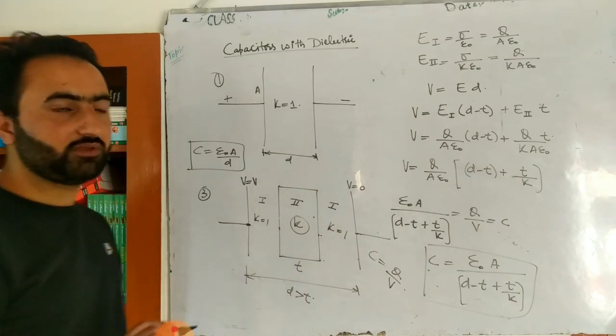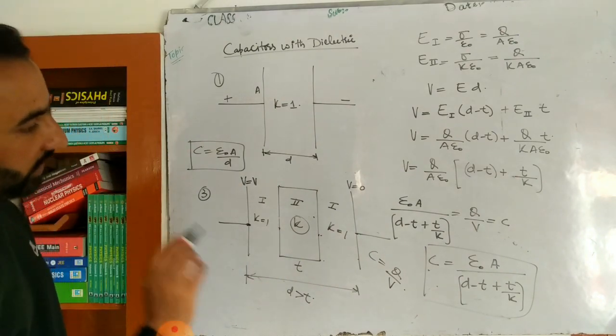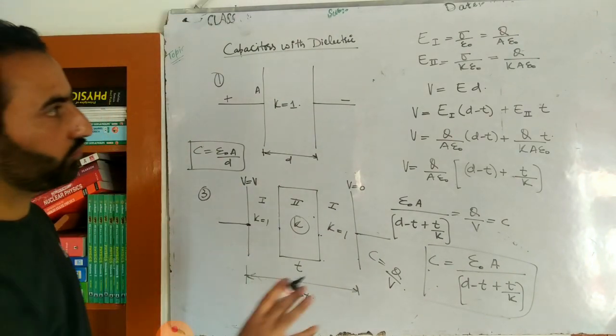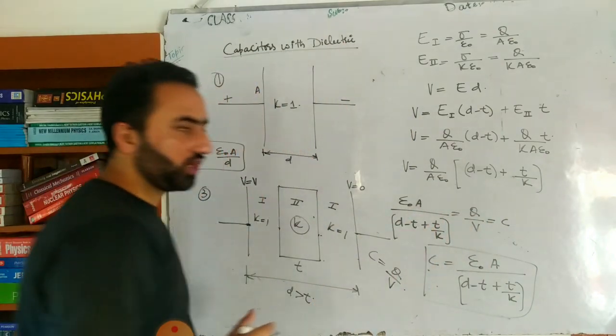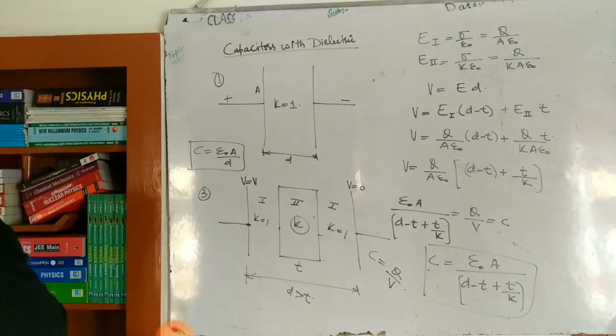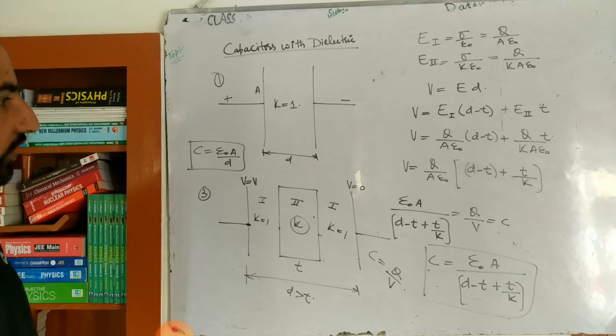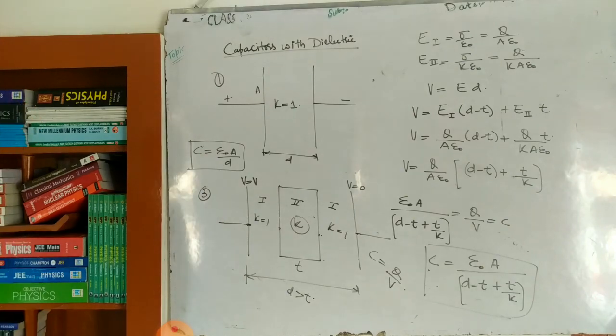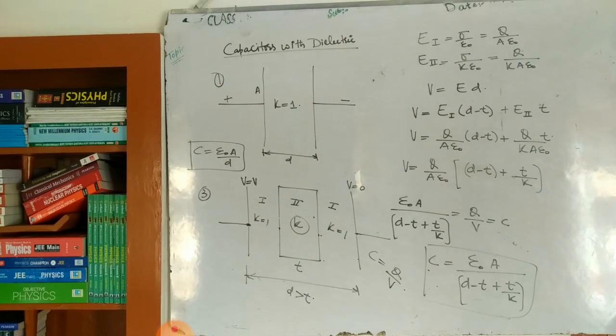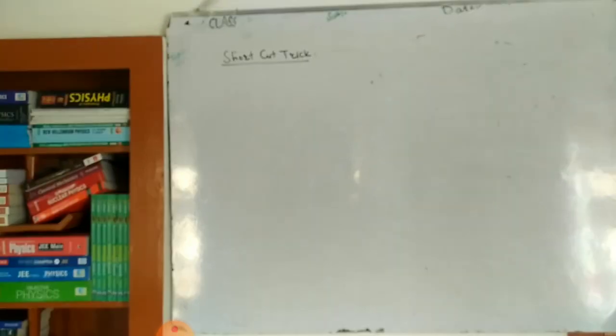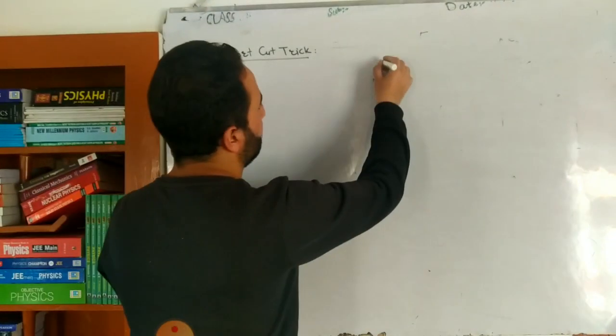Is finding the capacitance quickest? Take it, beta? Okay, you write it down. I will show a shortcut technique, how to avoid all this and how to write down a shortcut technique. Take it, beta? Shortcut trick. Okay, again pause the screen, write it down. Okay, so the shortcut trick is like this, simply like this.